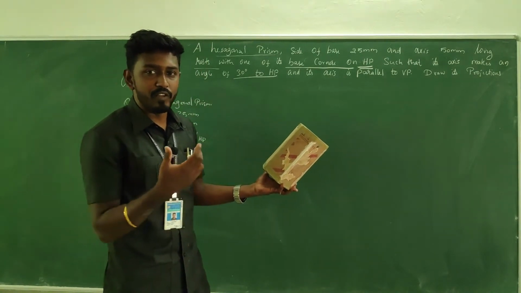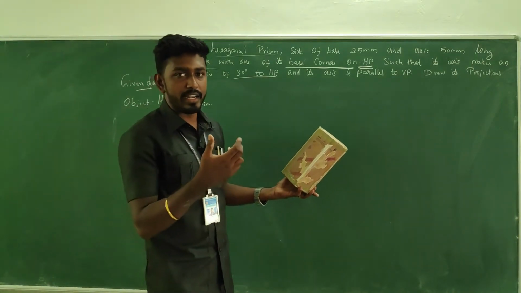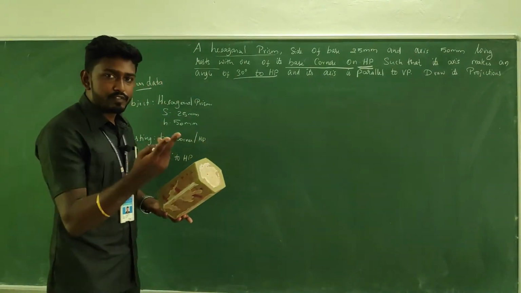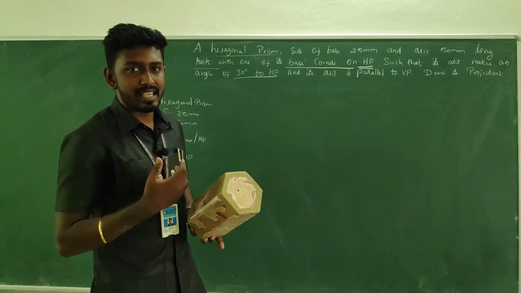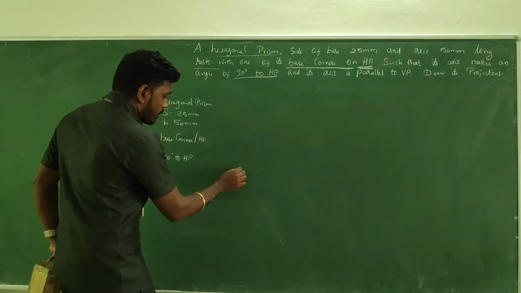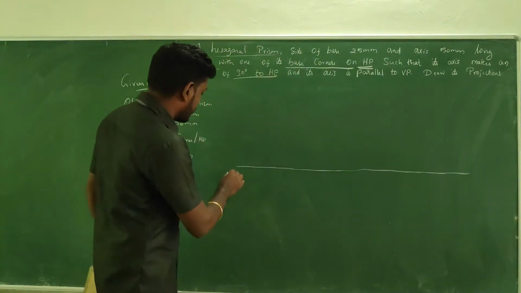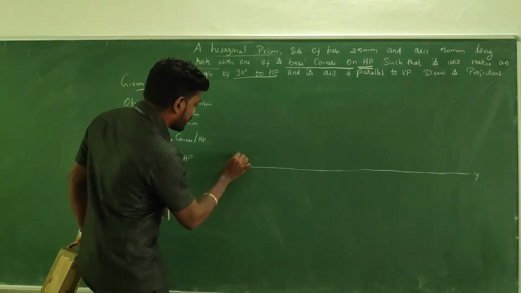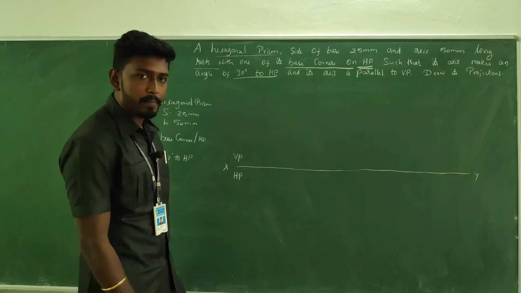So we will be moving with the method called change in position method or rotating object method. It consists of two stages. One is a simple position and then the axis inclination, right? Okay, so for that I'm going to take the reference line XY. It's a first angle projection. Above the line is VP and below the line is HP. Okay,